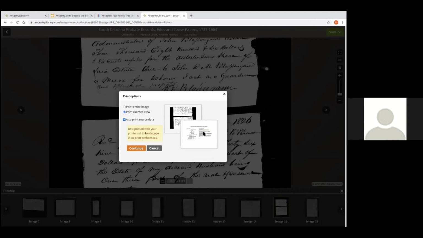I try to put the title, I like to put the date and the page number when I'm saving it, just so I can easily see without even opening it what exactly it is. And then Ancestry does suggest for something like this to print it on landscape. So when you open your printer settings, I always like to see how it looks on landscape, and usually it'll look better on landscape.